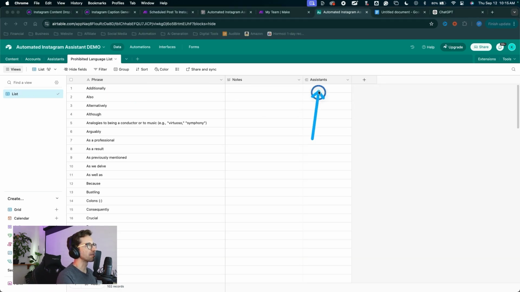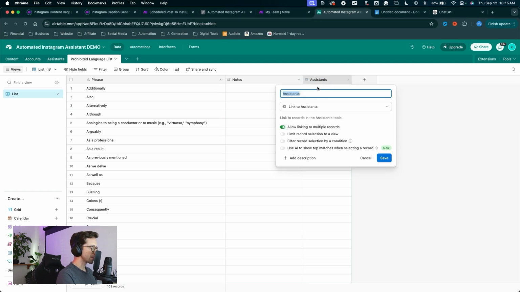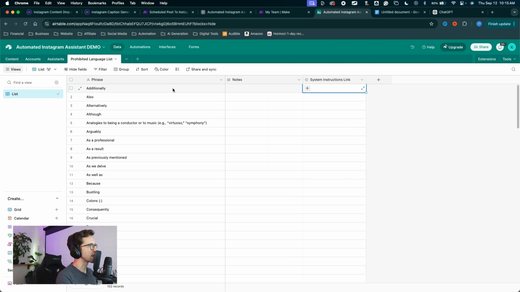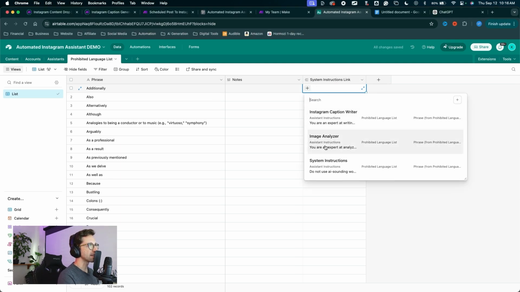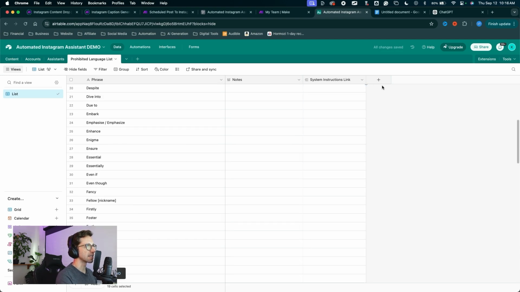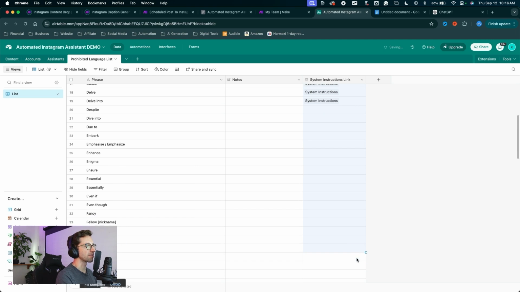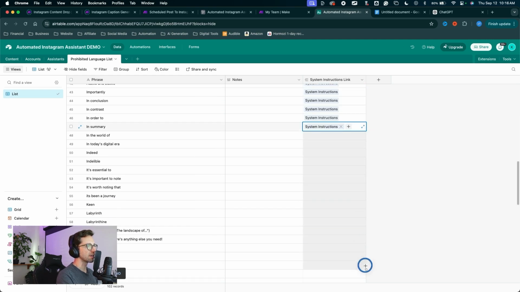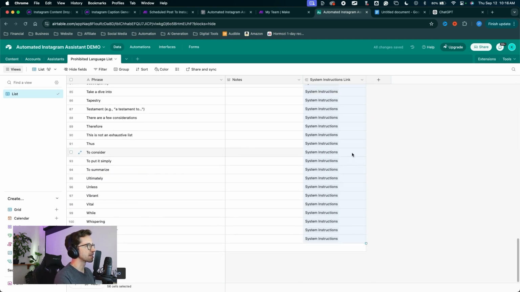And now you can see we have a linked field to our assistants table. So I'll just name this field system instructions link. In this field, we can easily connect each word and phrase to our system instructions. So I'll click the plus here to add that assistant, the system instructions assistant. Click on that one. And then we can just drag down this little icon right here, kind of like Google Sheets. We can populate all of these records with the same information. So I'm just going to drag this all the way down and get all of our phrases linked